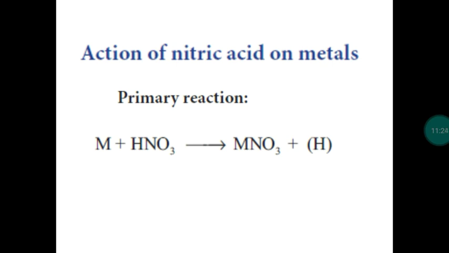Now, the reaction of nitric acid with metals. Except a few metals, the remaining metals will react with nitric acid. One more question: what are the metals which will not react with nitric acid? Number 1 gold, 2 platinum, 3 rhodium, 4 iridium, 5 tantalum. So these 5 metals will not react with nitric acid. Other metals will react with nitric acid to produce a salt. So this is a 5 mark question: explain the reaction of nitric acid with the metals. General equations are given.